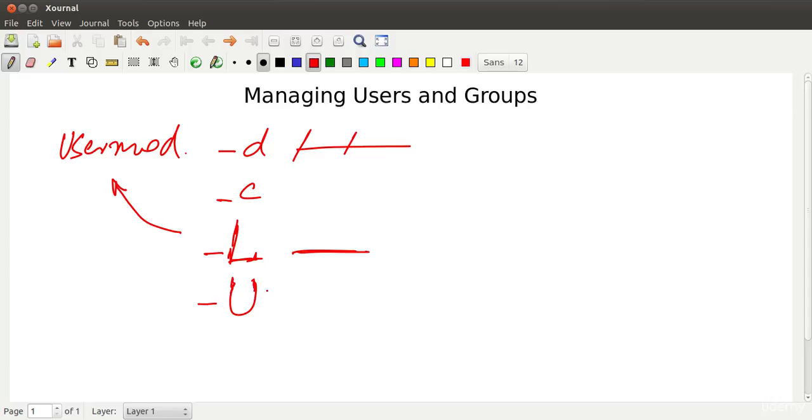-U for unlocking. Now, I mentioned adding the groups, and I said that capital G defines what groups need to be associated with that user. So if we want to associate that user with additional groups in addition to whatever he already has, we use a small a and then a capital G. And after that, we define the group. We can also define multiple groups by putting in commas. So all these groups will be added in addition to the groups that that particular user is already